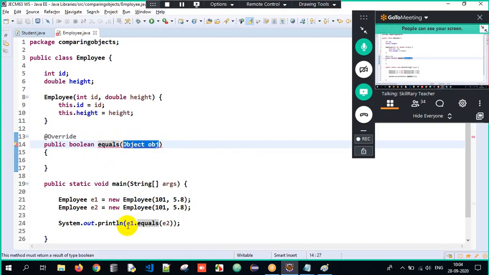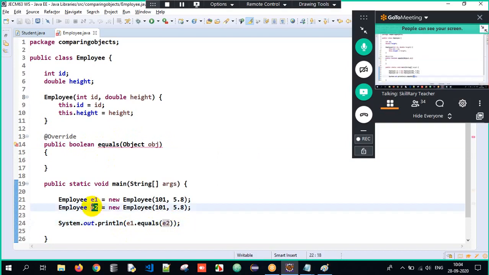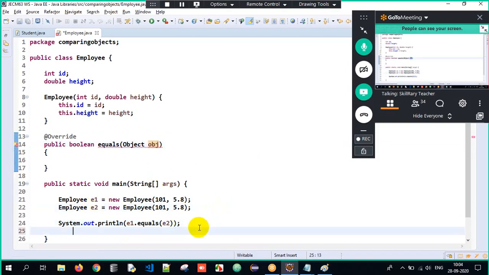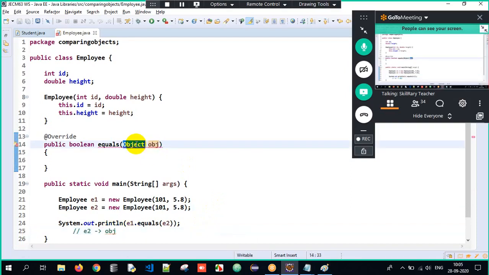Clear? Now when I write e1.equals(e2), this e2 is nothing but the employee2 object that is getting upcasted to obj now. So what did you understand here? E1 can also be referred to as obj now. This E2 can also be referred to as obj now. But obj is of type Object, that is upcasting.